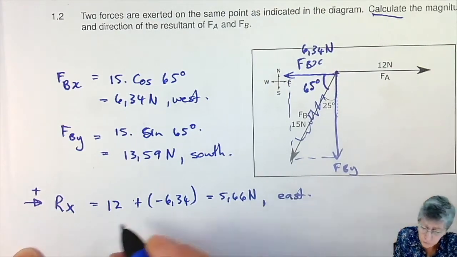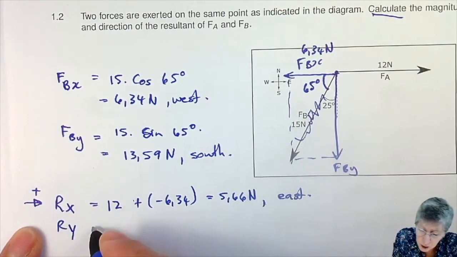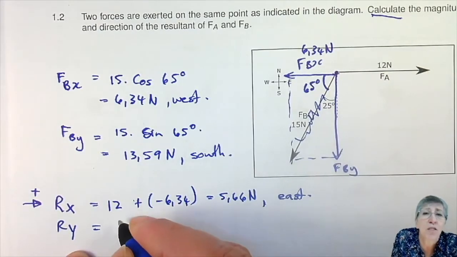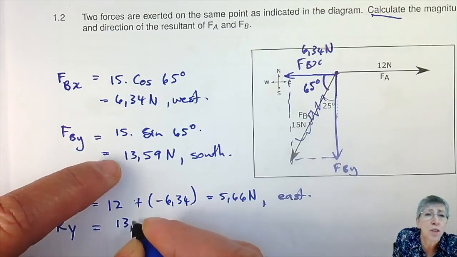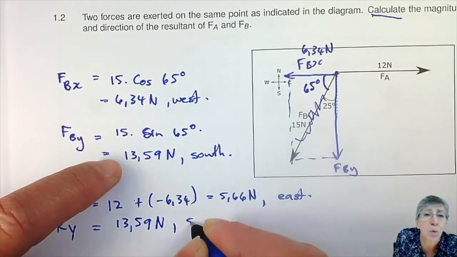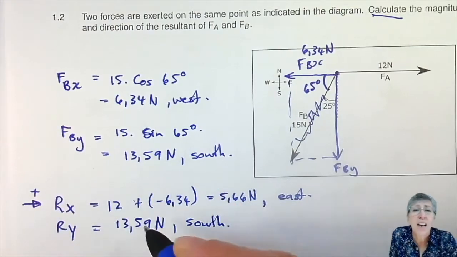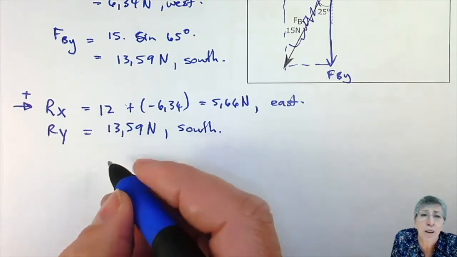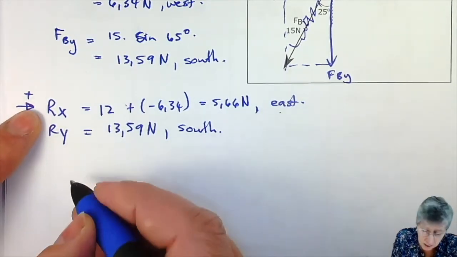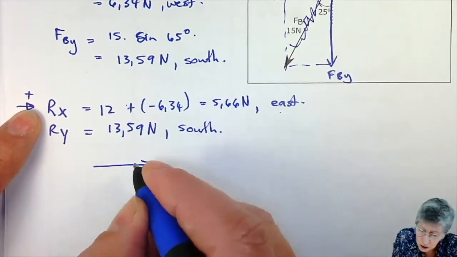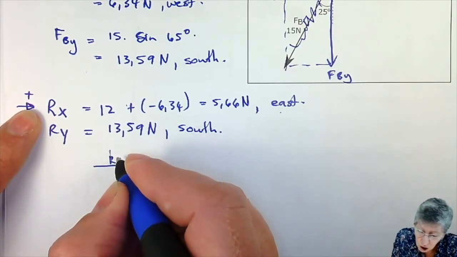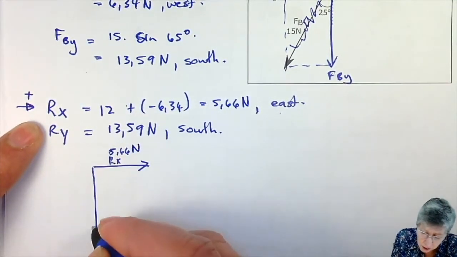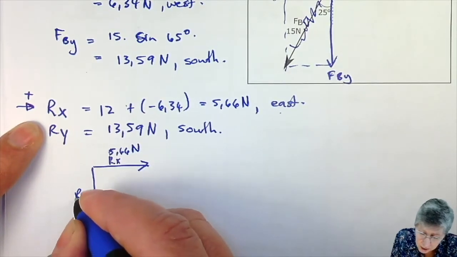Right. Next up, we're looking at the y components. Well, if there's only one y component, then that y component is going to be the resultant. So the resultant will be 13,59 newtons towards the south. Right, so now I have the resultants in the two directions, and I can add them together to get the final result. So now in the east direction, I'm going to have an Rx of 5,66 Newton, and towards the south I'm going to have Ry, and that is going to be